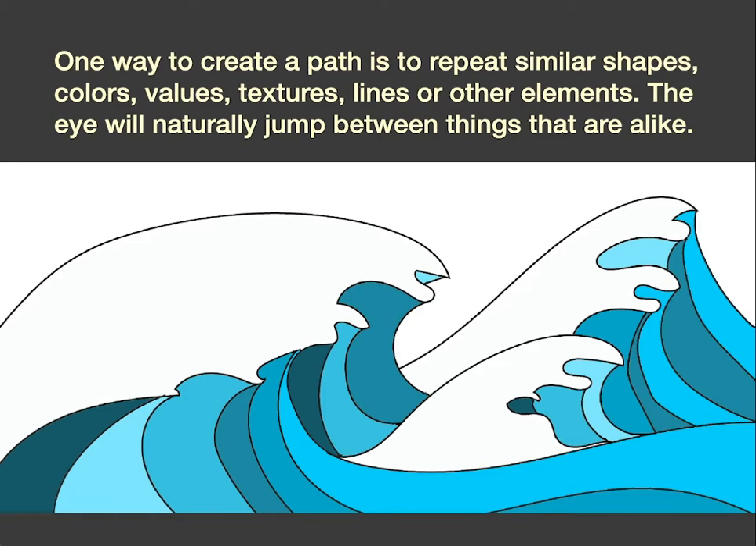One way is to create a path of similar shapes, colors, values, textures, or other elements. So you're repeating things, which means that the eye will naturally jump between those similar things. So in this little example on the screen, you see similar shapes at the top of the waves. Your eye tends to jump from one of those wave shapes to another one, which helps move you across the